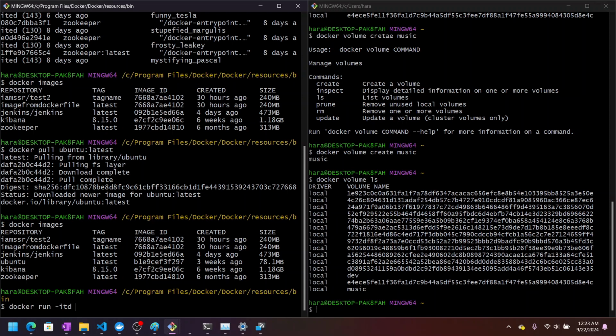Because I want to run the test in interactive mode. Because Ubuntu has PID one as bin bash, it will start and exit. There is nothing running inside that bin bash, so it will start bin bash and exit, and it will stop the container. So docker run -it Ubuntu,